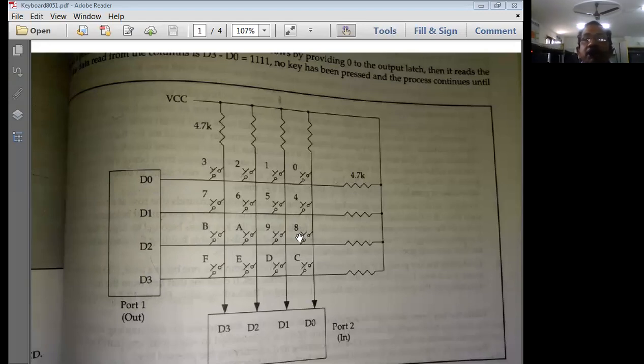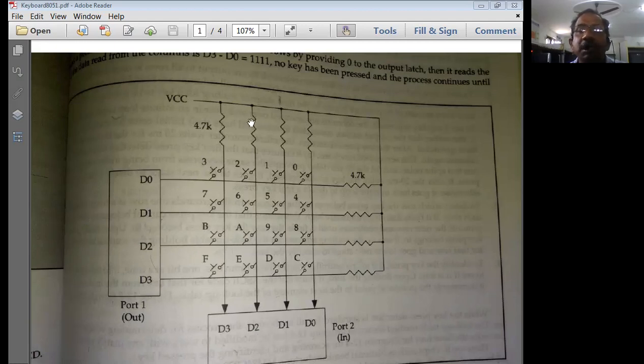That means we have predefined the values which are going to be on the rows, so we have chosen those from the lookup table. That is why I took this as an output port. Otherwise, if your data is coming from some other source, then port 1 and port 2 can be called input ports. No problem in that. Output port means whatever data is there on these pins is used as output data.